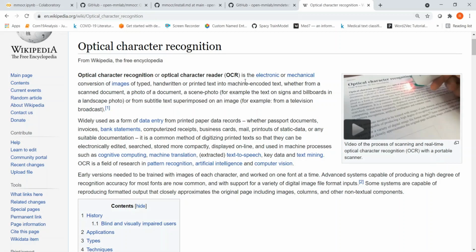It could be a scene photo, for example, the text on signs and billboards in a landscape photo, or from subtitle text imposed on an image, for example from a television broadcast. So OCR in simple terms is conversion of text present in images into machine encoded text or your text.